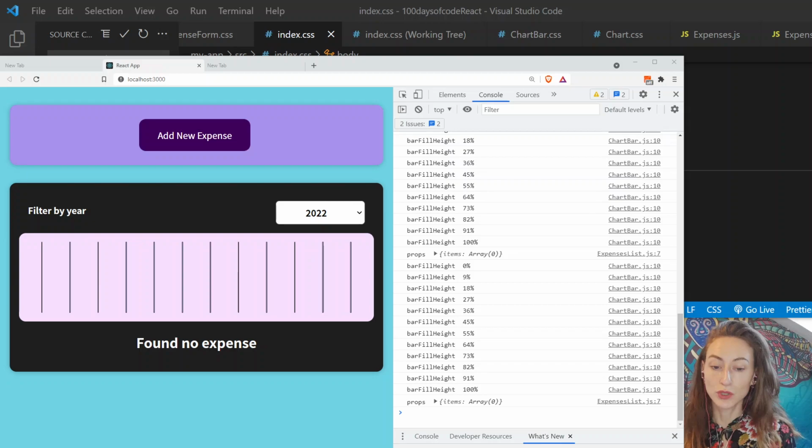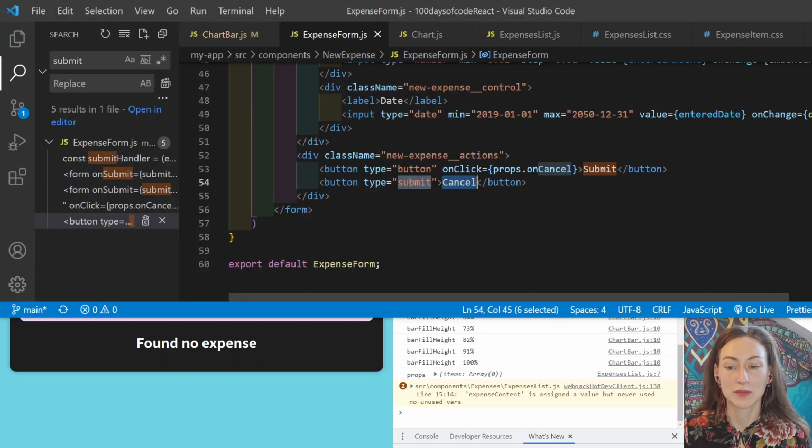So we need to go to the submit button and figure out what's happening on fire of that button. Aha! We figured it out, guys. So I accidentally put the submit type on the cancel button. So the cancel button isn't passing anything through. The cancel button is just cancelling. So for this to submit is very clearly incorrect. We need this submit type on the submit button,